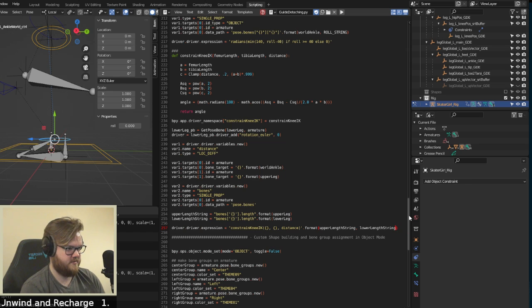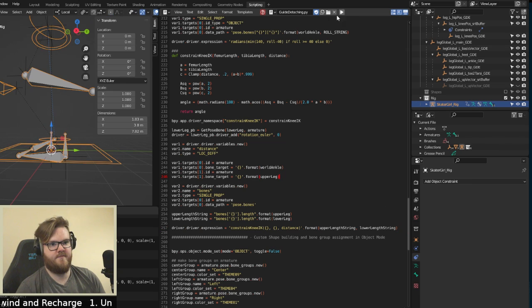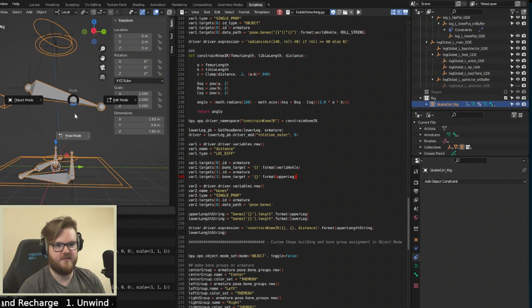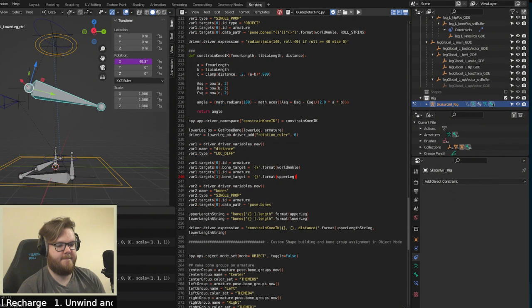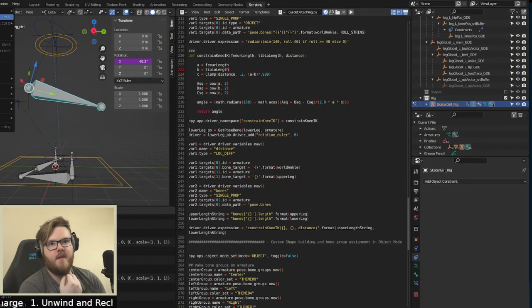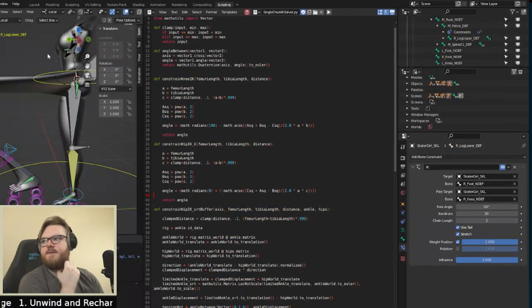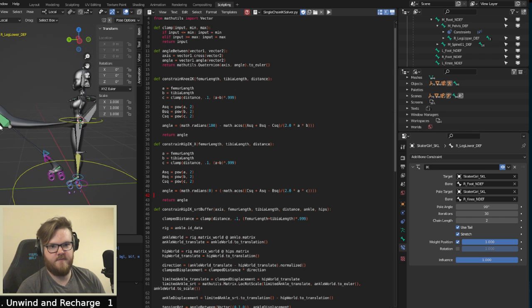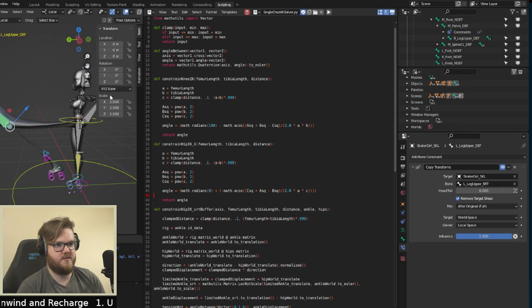Damn. I thought that was what was wrong. It was not. Distance is getting hard to put in here. Open recent. What would it be? Right, so